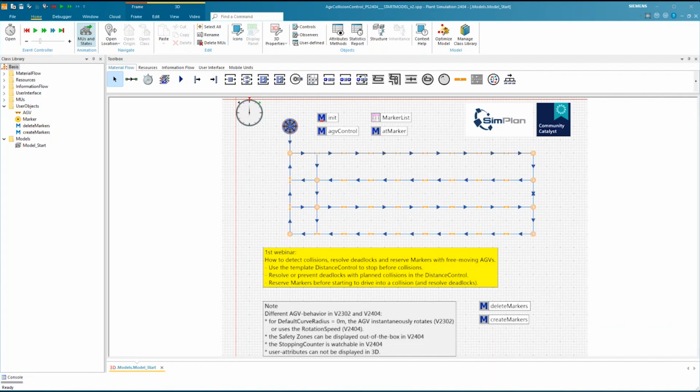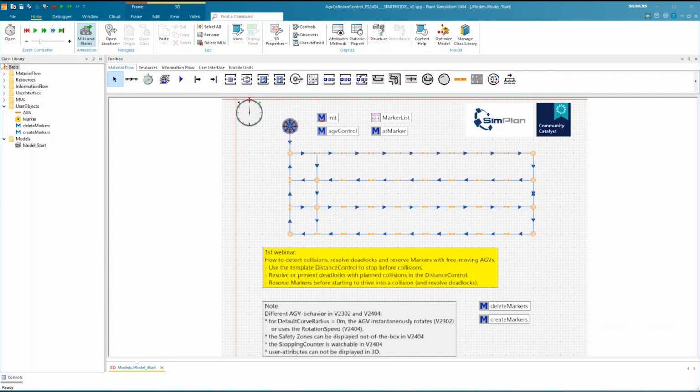Also, part of the invitation and of the post was a starting model, which you can download if you want to follow along. Technically, you could also follow along in a completely empty model or in a model of your own. But I'm going to use this starting model simply so we don't spend time creating a layout and having vehicles drive around, because that is the basic knowledge that we will assume you already have from the last session.